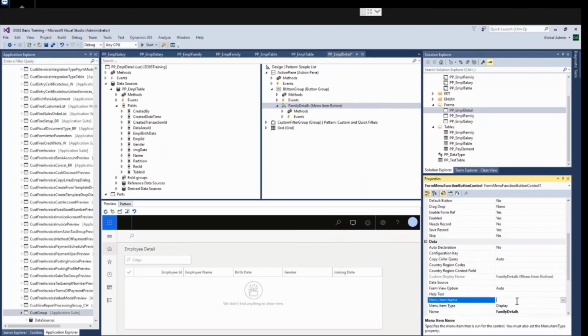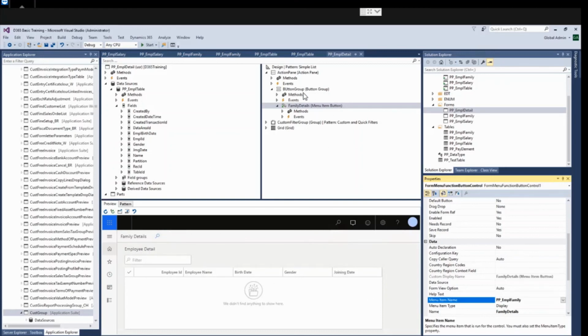I will set this menu item name, employee family. See now family detail button is visible here in the preview.